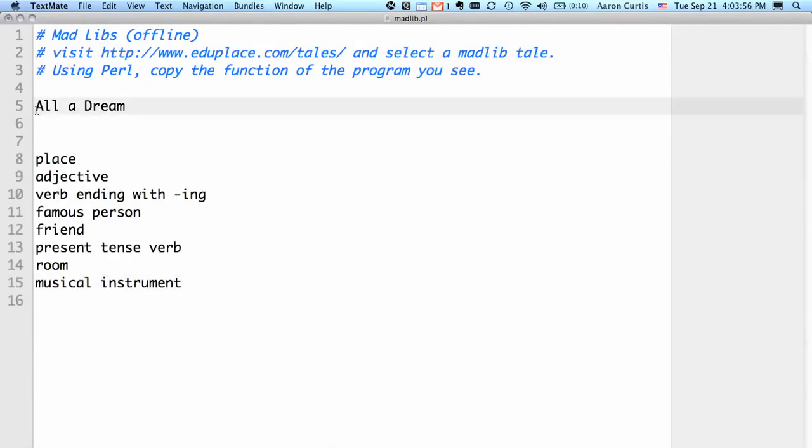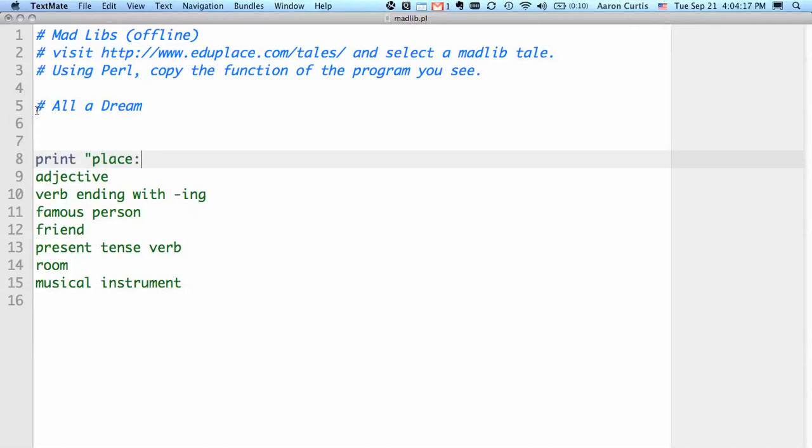I have All in a Dream. And I'm actually going to comment this out. I may reuse that phrase in a moment. And I notice I have 1, 2, 3, 4, 5, 6, 7, 8 things that I have to prompt my user for. So each of these is going to involve some sort of